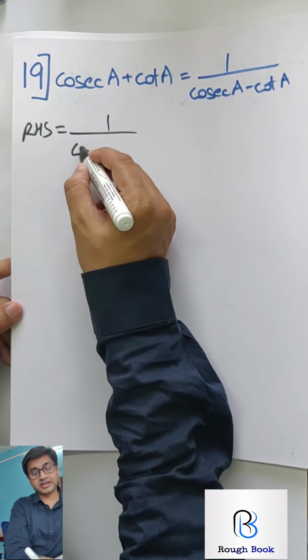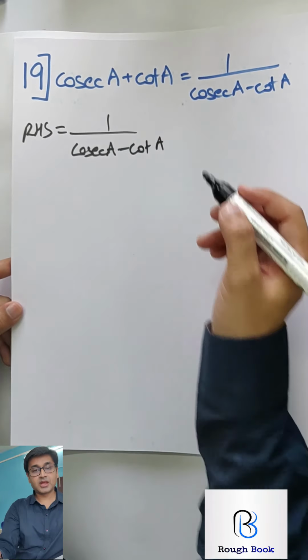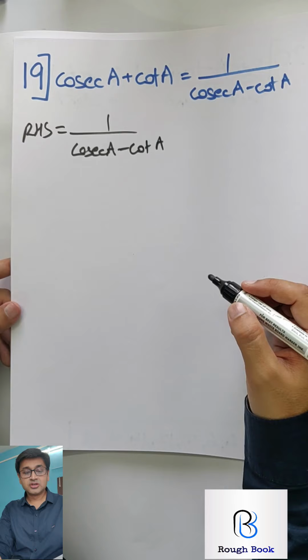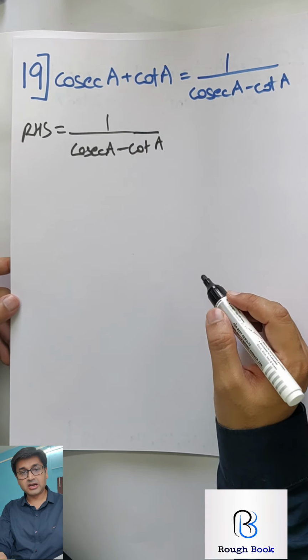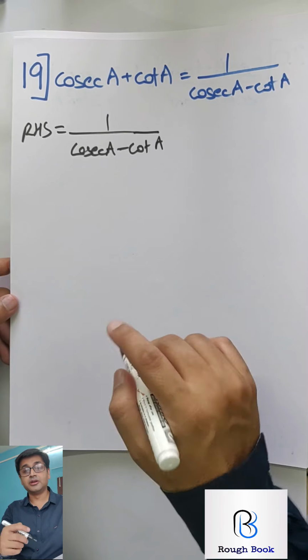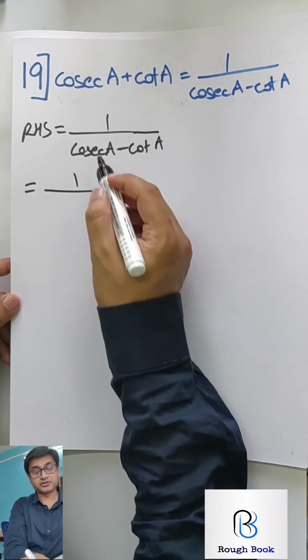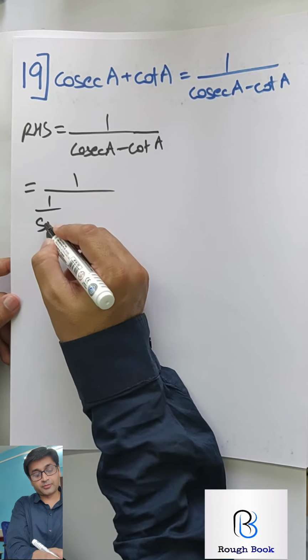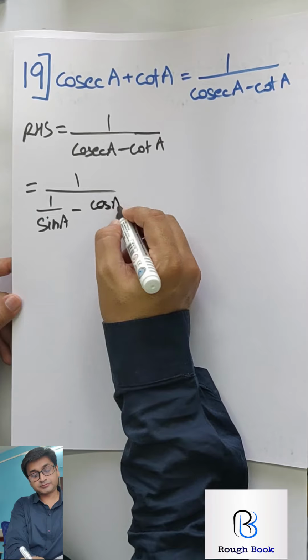1 upon cosec A minus cot A. Now how are you going to go about this? So convert everything into sin cos first, and then you might get stuck. I will help at that time because there is a new trick in this. So try and reach at least to some extent. Get 1 or 2 marks for sure. So cosec is 1 upon sine and cot is cos upon sine.